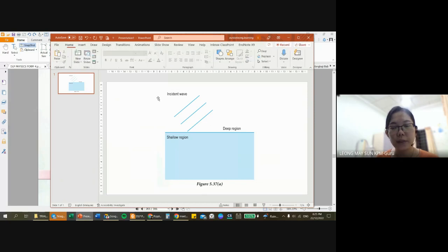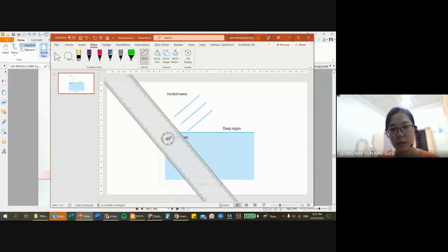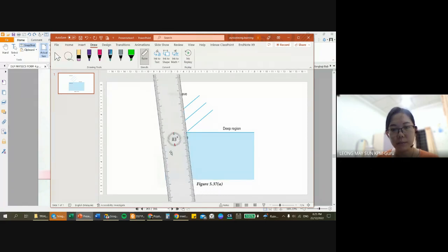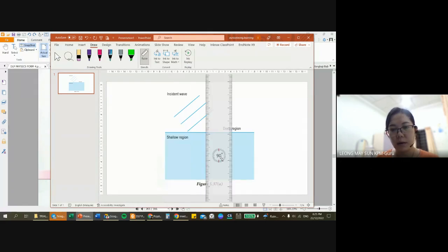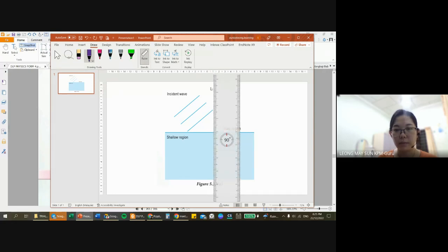Right, so first thing first, what we have to do is number one, draw the dotted line, the normal. You place this somewhere here. Then that's where we draw the normal line. Oh, yeah, forgotten. The normal line is supposed to be dotted. Then after that, what we do is that we draw,